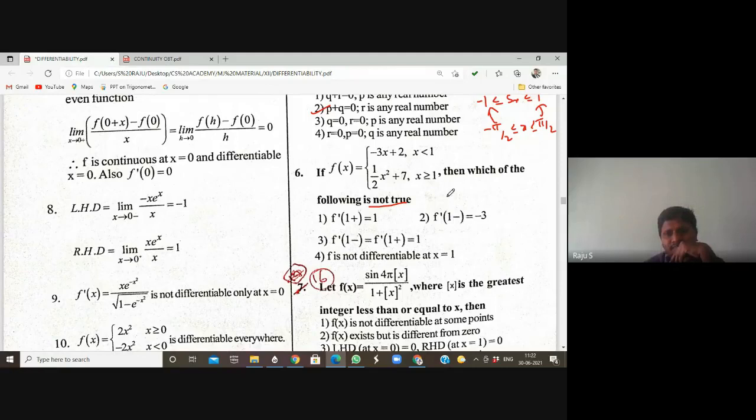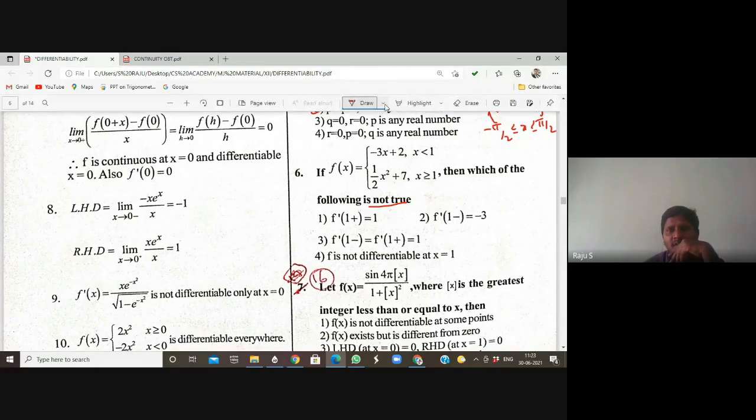First differentiate. What is the derivative of this, minus 3x plus 2? Minus 3. What is the derivative of this? 1 by 2 x square is 2x plus 0. 2 gets cancelled. I think x, am I right? After differentiating only, you can substitute the one value. When I substitute one value,